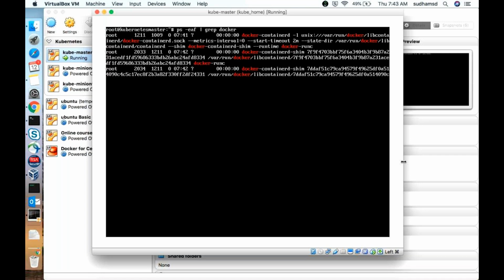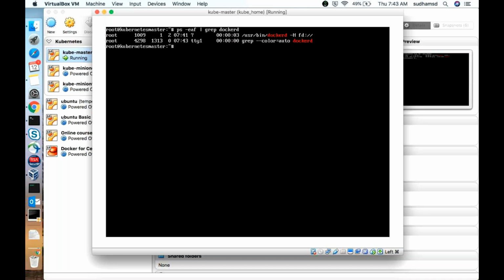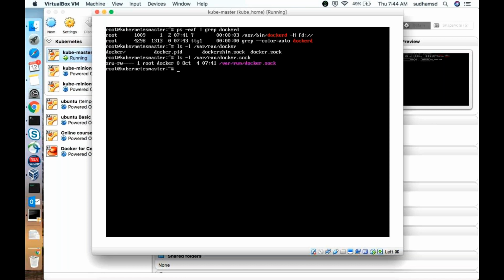If you look at this, your Docker is listening on a Unix socket. Unix socket means internally it can communicate, but not externally. By default, your Docker CLI is installed here and your Docker daemon is installed here. That's the reason both are able to communicate, because it uses a Unix socket. Unix socket means this one. So this is the socket which it is using.